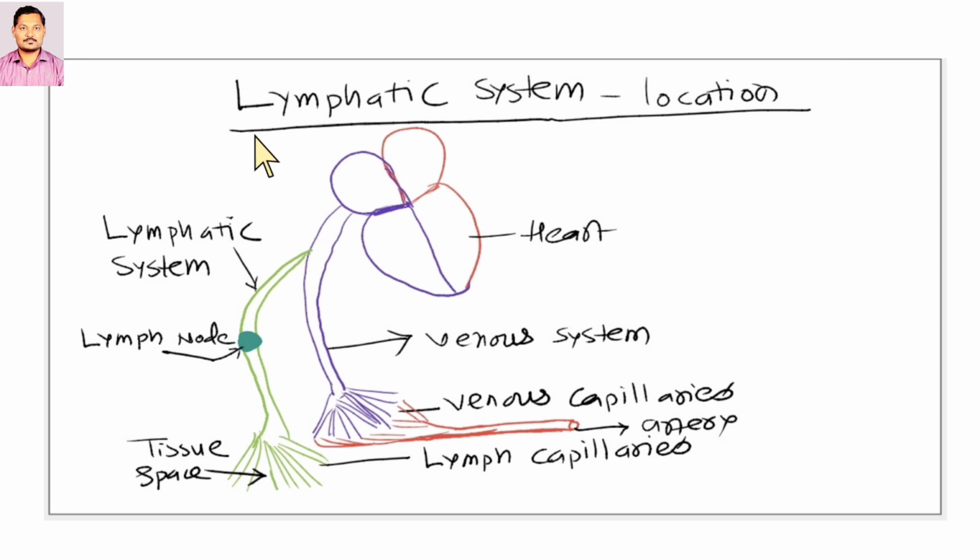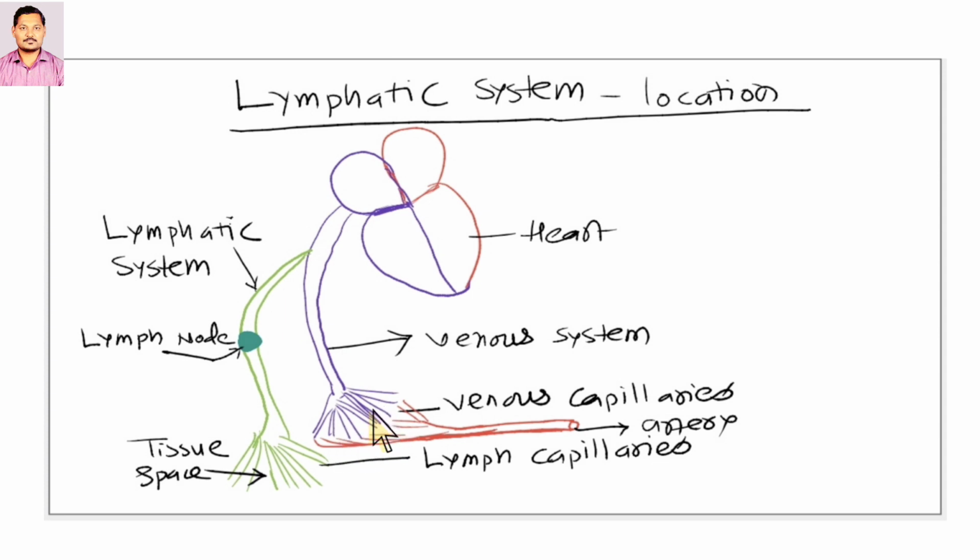In this diagram you can see the lymphatic system and generally how they are present. In the tissue spaces you get the lymphatic fluid draining into the lymphatic capillaries, and on the pathway you have the filtering organs called lymph nodes, and these channels drain back again into the venous system. The venous system is the one that retrieves your lymphatic fluid and it gets back to the right side of the heart, where the veins generally open, and you can observe the arteries ending into the